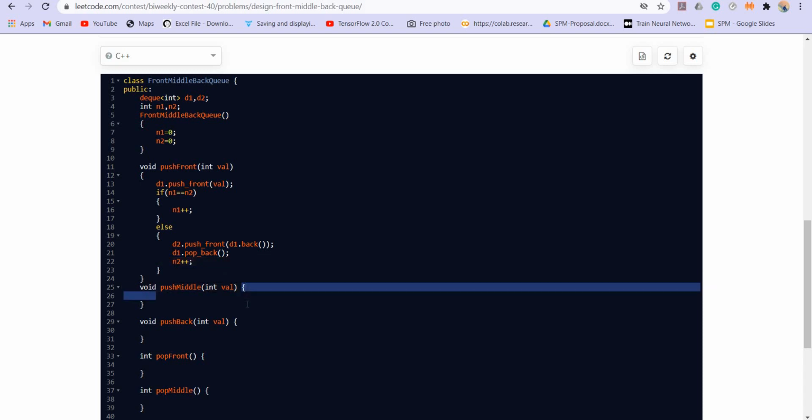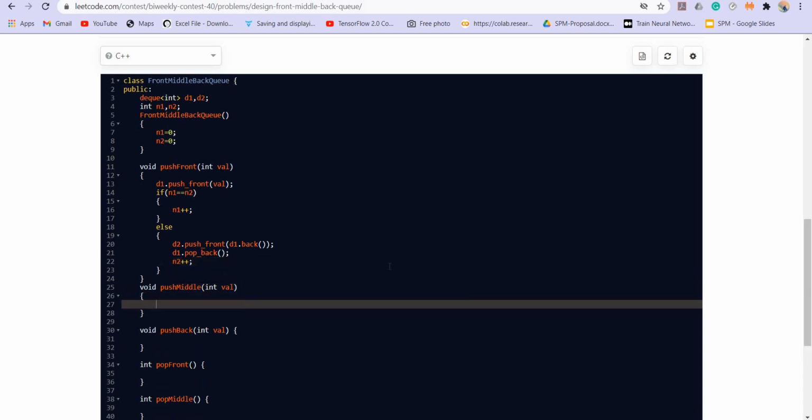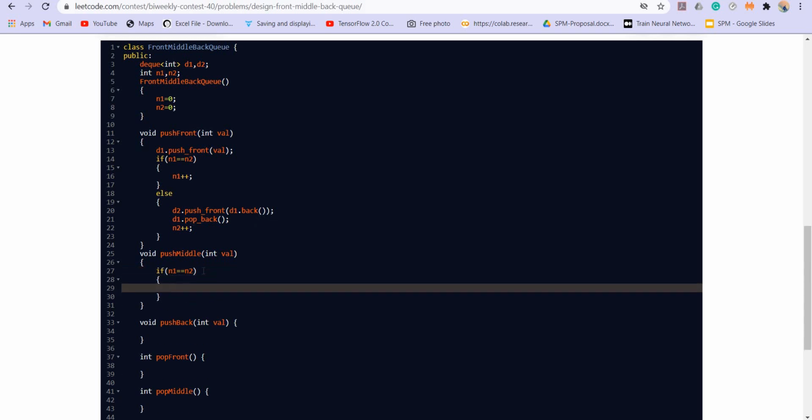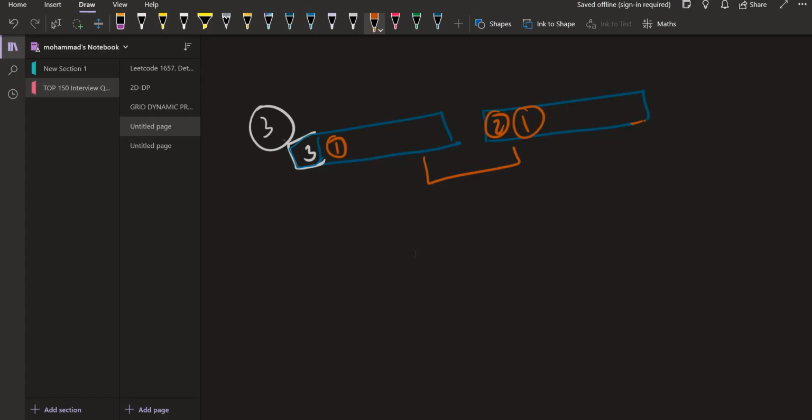So coming to the push middle, in this also, if sizes are same, n1 is equal to n2, then what we have to do is, if these sizes are same, we can simply insert the coming element, let us take this element as 5, into deck 1, so we can insert it here. But in case the size of n1 is greater than the size of n2,